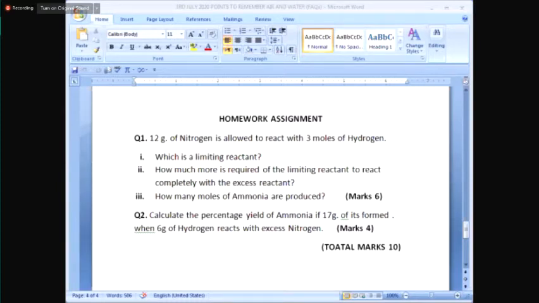My third part says how many moles of ammonia are produced. Ammonia is the product. Now, in a calculation which is giving you limiting and excess reactant options, you will always calculate the amount of the product with the limiting reactant, not with the excess. Very important rule. So you will say 12 over 28 moles of nitrogen reacts, the stoichiometric amount is 1 mole of nitrogen reacts with 3 moles of hydrogen. 12 over 28 moles of nitrogen would react with X moles of, I'm again sorry, please excuse me.